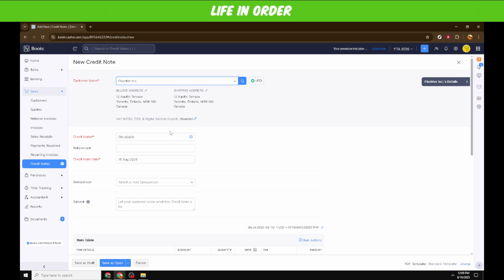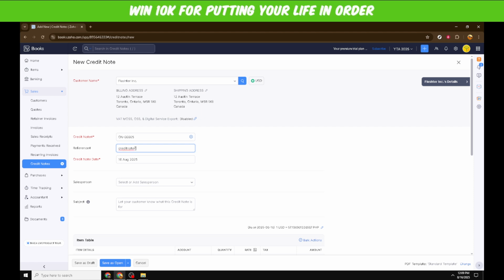This number is typically unique for each credit note you generate and helps in tracking and referencing the credit note in your accounting and discussions with your customer. Then, choose the date for the credit note. It's important to select the correct issue date as this will affect reporting and when the credit note is applicable